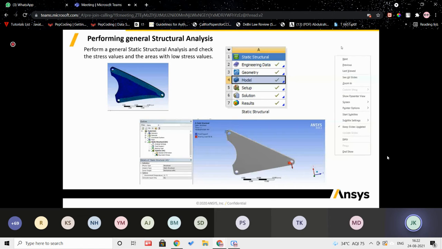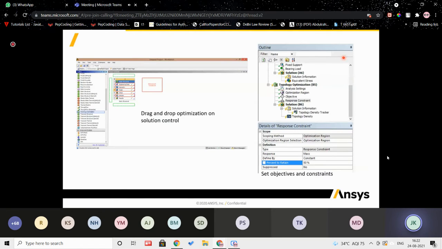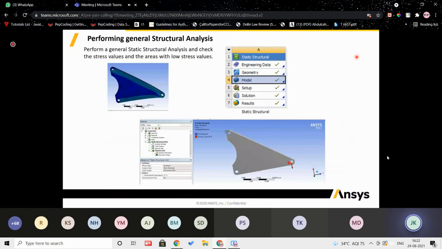Can you go to the next slide? And we are taking out the stresses. So can you go to the previous slide? Sorry. And in that region, if you see that figure in the top left corner, you see the stresses are only along those edges. The middle region is not contributing to the structure in carrying the load, right?